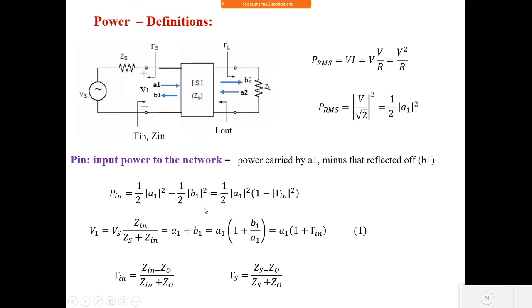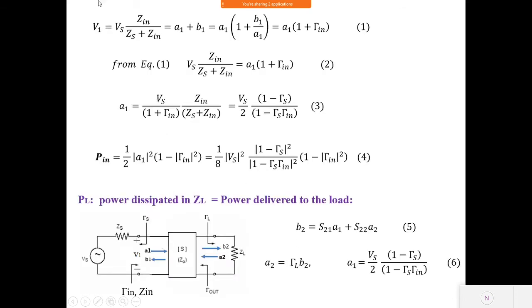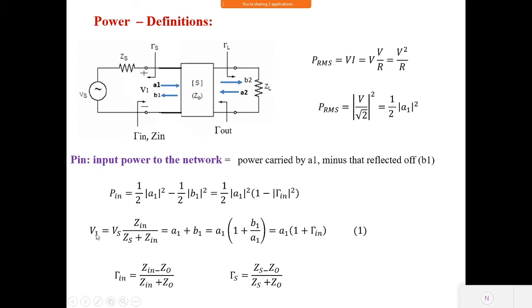So now further we can simplify this. V1, as you know, can also be written as the voltage between these two terminals. Assuming there is an impedance equal to Zin between these two terminals, the current flowing in this path, using Kirchhoff's voltage law, is Vs divided by Zs plus Zin. The voltage between these two terminals is the current flowing here multiplied by impedance, so Vs divided by Zs plus Zin, into Zin.